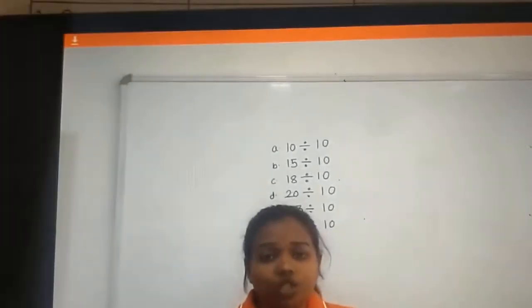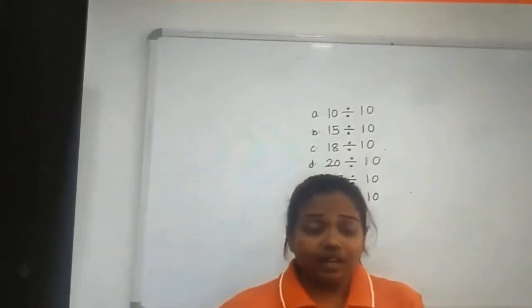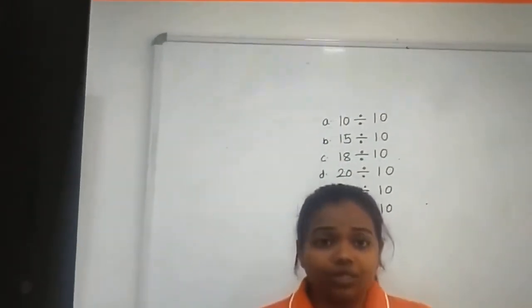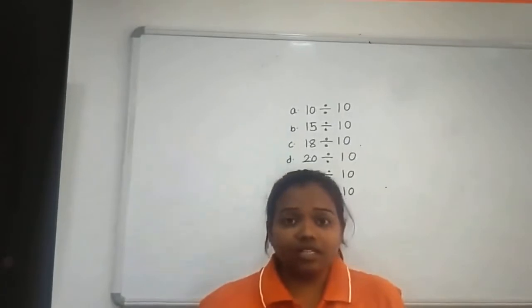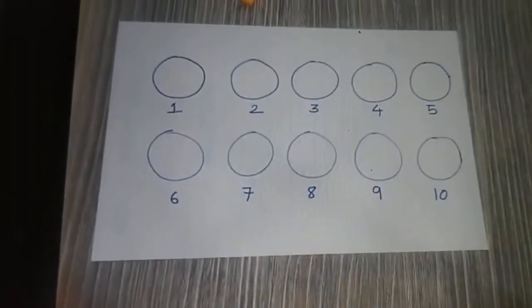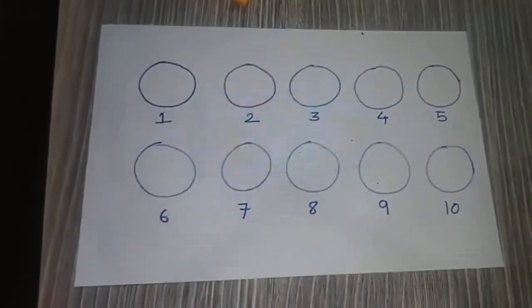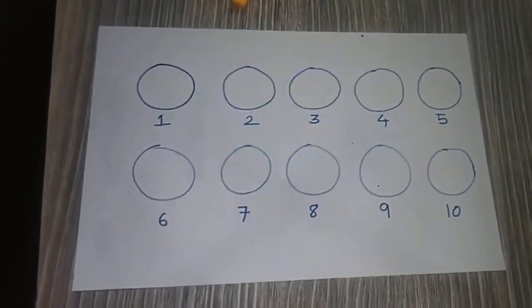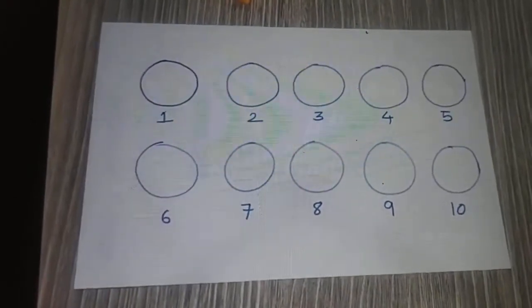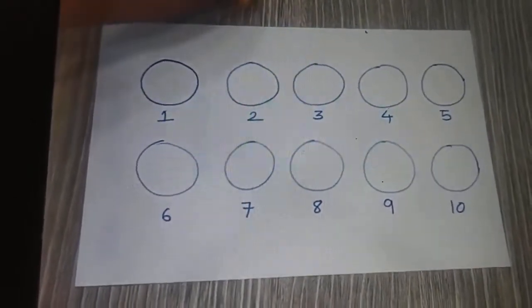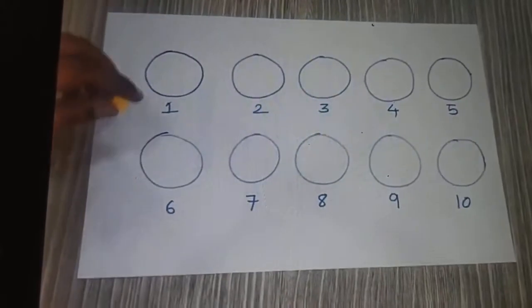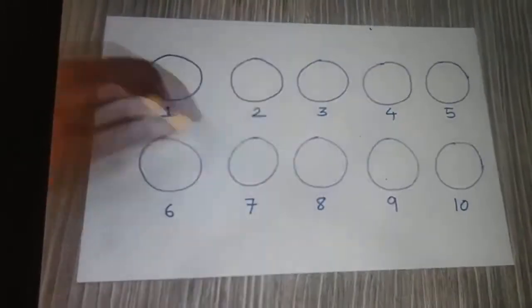And note down the responses in the table as mentioned in the lesson plan. Here, I will be modeling the activity as a student. So let us see how we do it. Teachers, now I will be modeling how students should be doing it in the classroom. The first question is, we have to check if 10 can be divided into 10 equal groups. How would I do it? I will start by placing the ones blocks one by one into 10 equal groups.